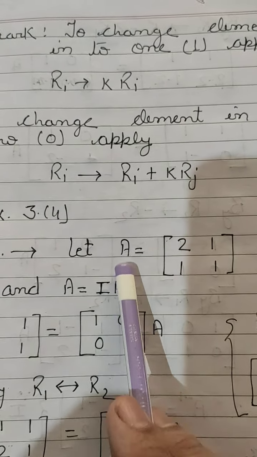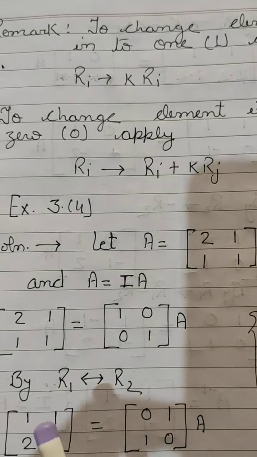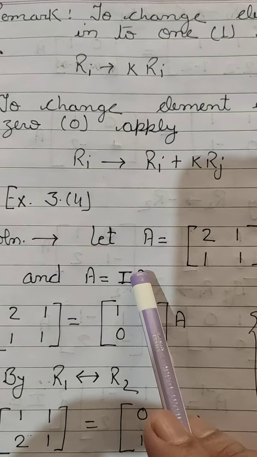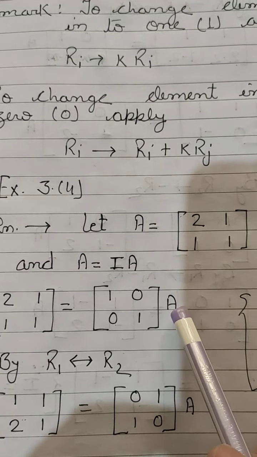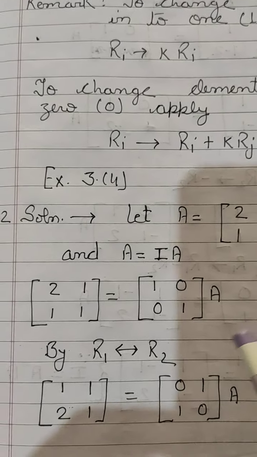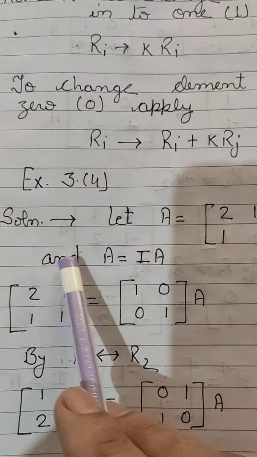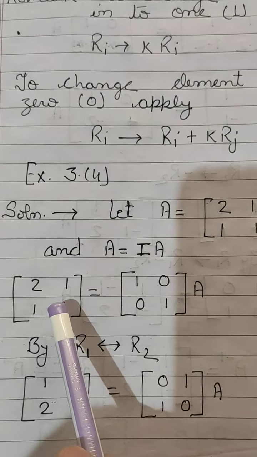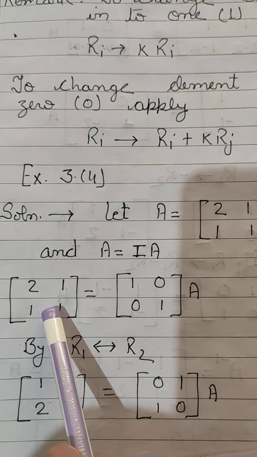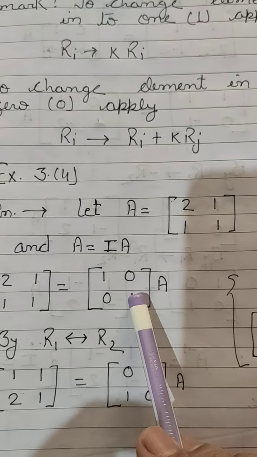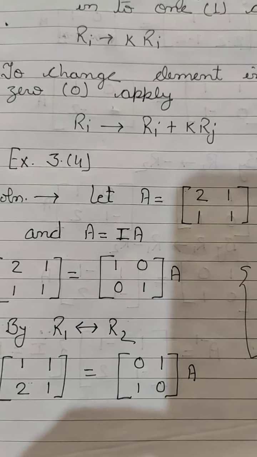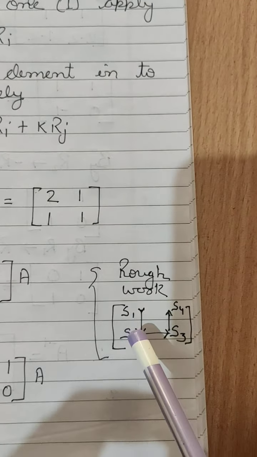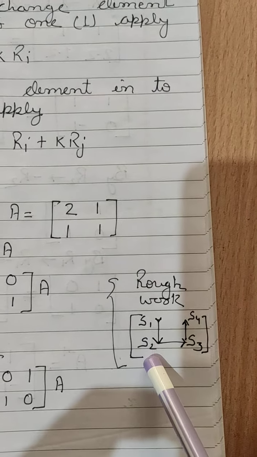Then, second step, we substitute the value of the given matrix A on the LHS, and the value of I and this A on the RHS. In the whole simplification it remains as it is. Now we have to apply the properties in such a way that the matrix A on the LHS changes into I, and whatever operation you apply on the LHS, the same operation you have to apply on the RHS.